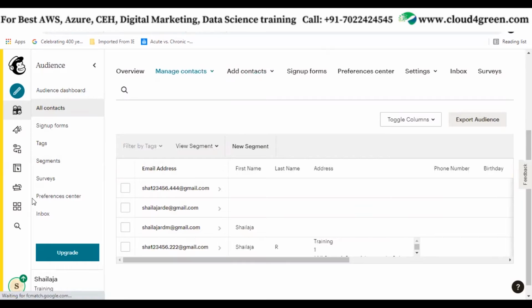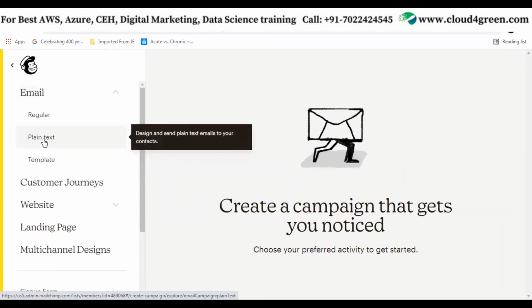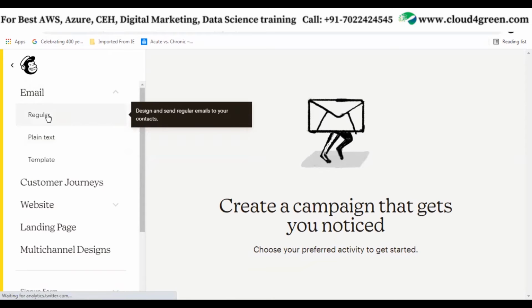See, this subscriber list we can also export in CSV form, because we're sending this email in bulk. We can save it in Excel, in CSV format, and you can export that audience from here, right? Next is click on create to create an email. Under email, in my last video I taught how to create a plain text email campaign. Today we'll go with the regular design of the email campaign.